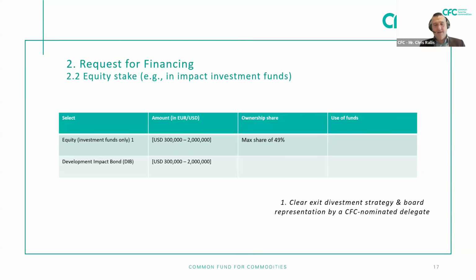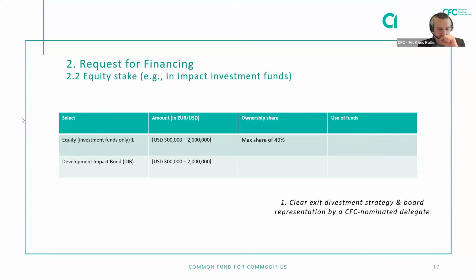Now, we have designed this instrument particularly to unlock financing for non-governmental organizations, government agencies, consortiums. It could be development consultancies, but it could also be companies. So if you have an interesting case here, please feel free to reach out to us. On our website, there is plenty of material concerning the development impact bond. You can take a look there, and if you have any questions, you can further ask us on that.